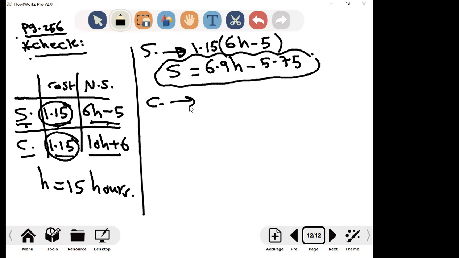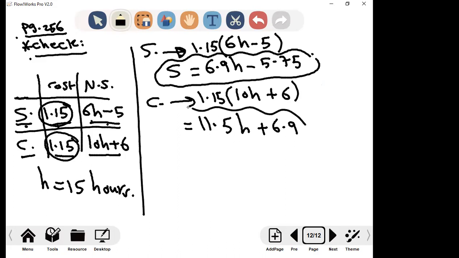يلا للشوكليت. Same, 1.15 times the number sold. 1.15 multiply by 10h plus 6, right? Equal 1.15 times 10, 11.5h, plus 1.15 times 6, which is 6.9. هذه لمين؟